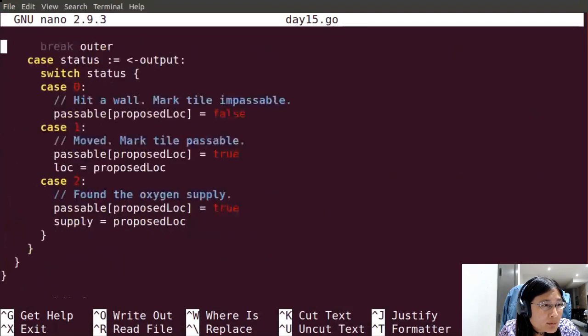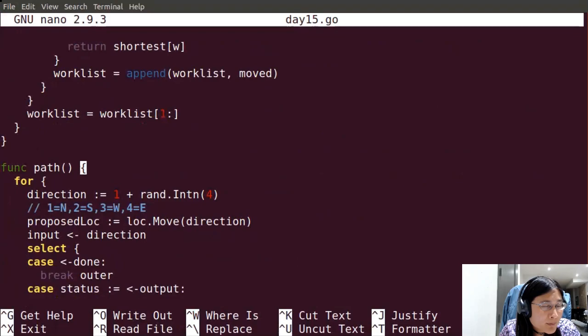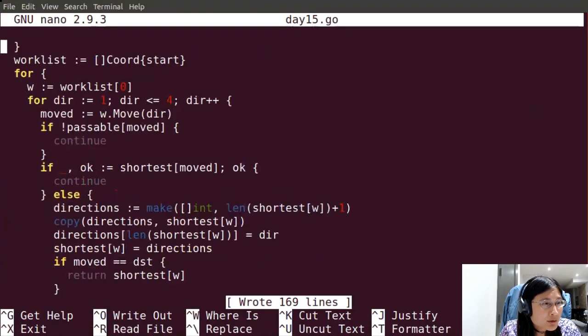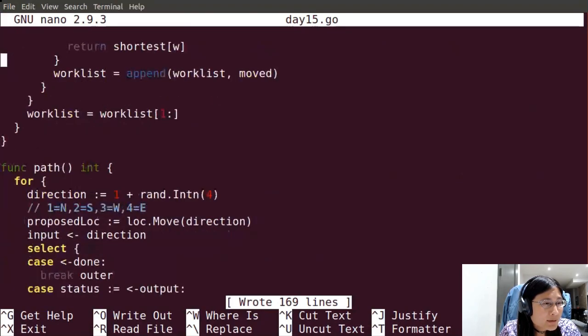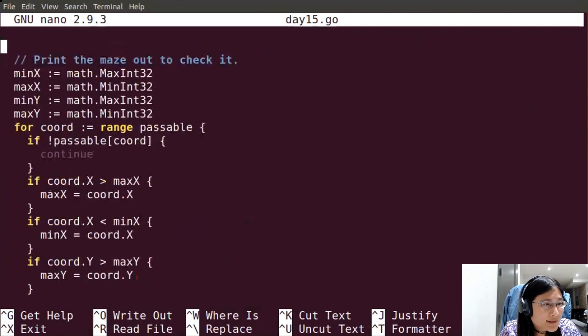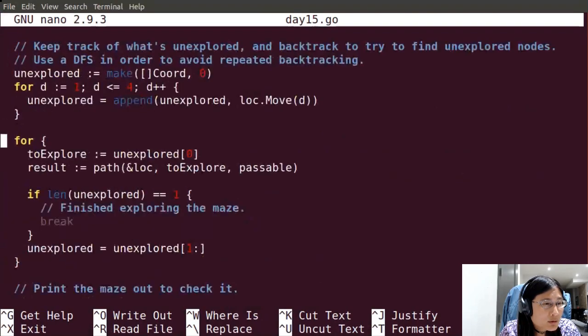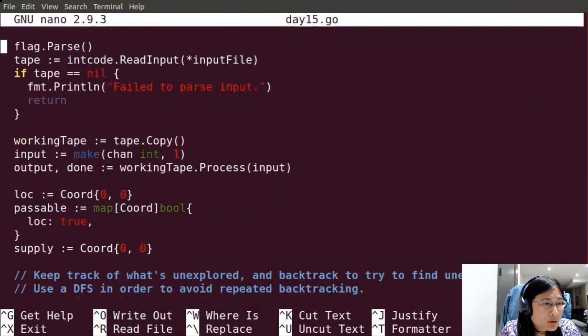All right. So the path function. So when I'm asked to path from source to dest, I also need passable to be passed.